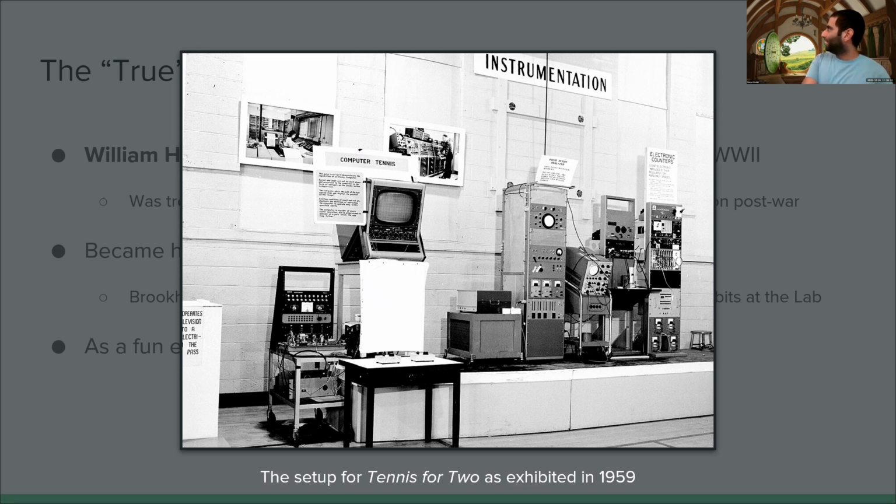Here is the little screen that the game was actually playing on, and you would control it using these little knobs. I guess people have probably played Pong in this class, maybe. Yeah, it's very old, but you might have played it, where you have the two bars on the side and a ball that's moving, and you just move the bars up and down to hit it. So it was a very primitive version of that, where two people can control little knobs to control their respective bars, and then there was a physics-based trajectory of a ball that would bounce between them.